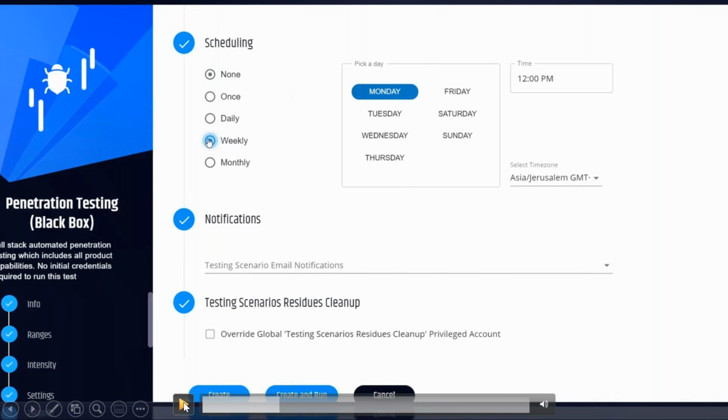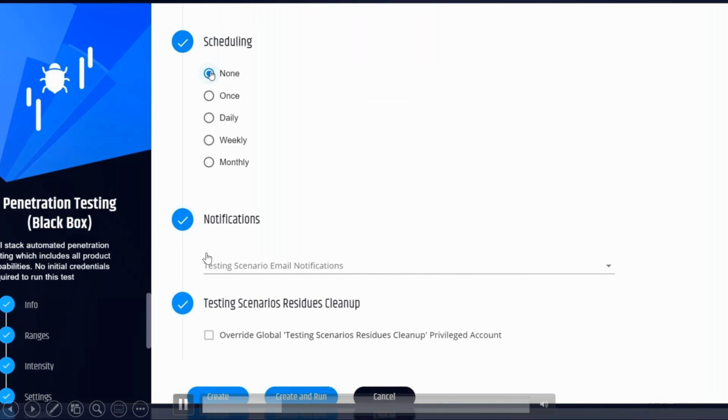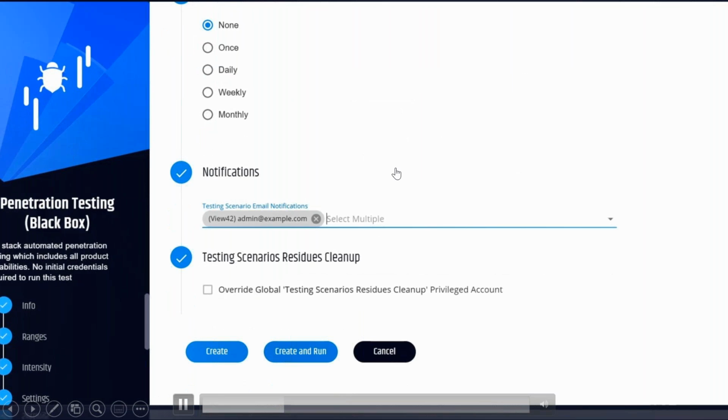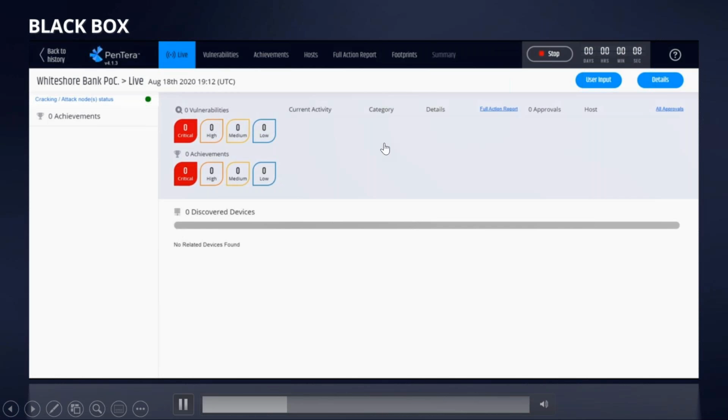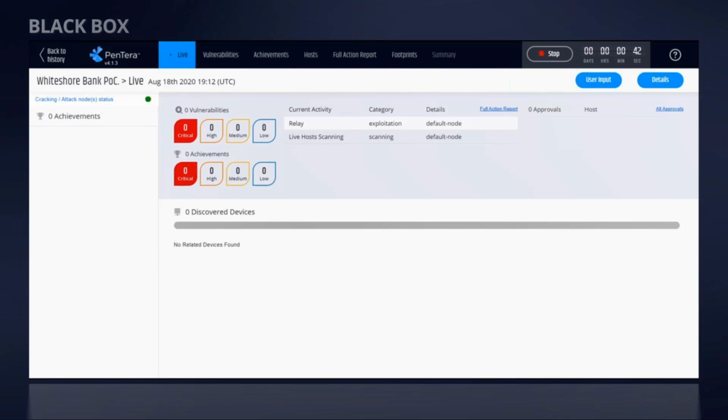You can then schedule how frequently you want this particular test to be run, on what day, on what week, on what time, who you want the report to go to at the end, and then you press play. So this is the main interface that you'll see, and it will tell you in the middle what it's doing